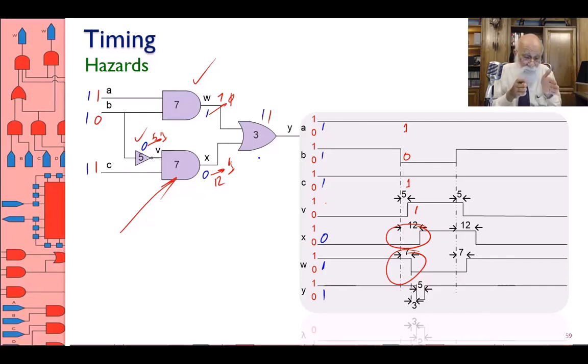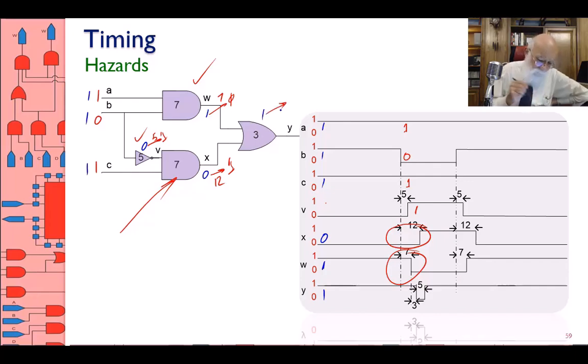At time 7, the OR gate output sees a 0. How about its input? The upper OR gate input sees a 0. The lower OR gate input, what does that see? That sees still a 0. The OR gate sees a 0 on its upper input, and the lower input is also a 0,